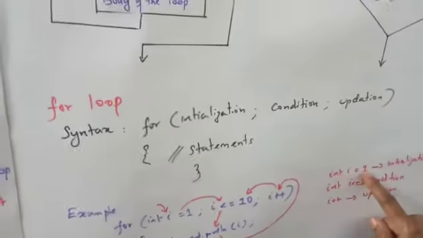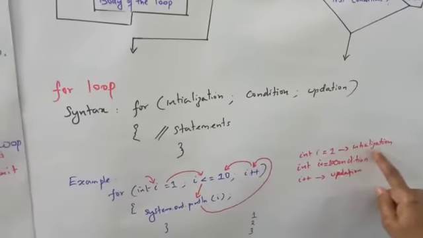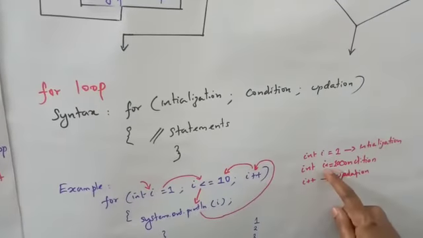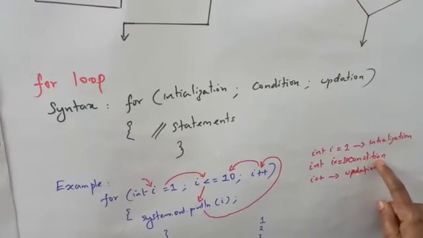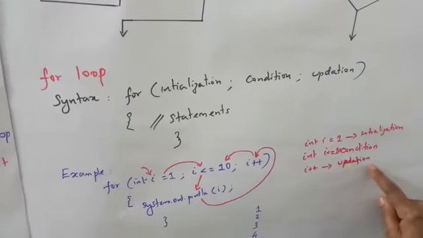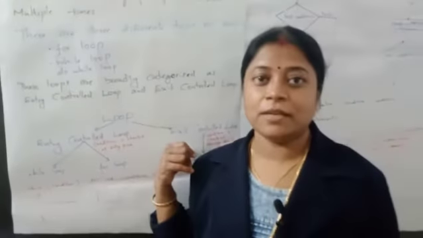Here int i = 1 is your initialization. i <= 10 is your condition. And i++ is the updation. Hope you have understood this simple